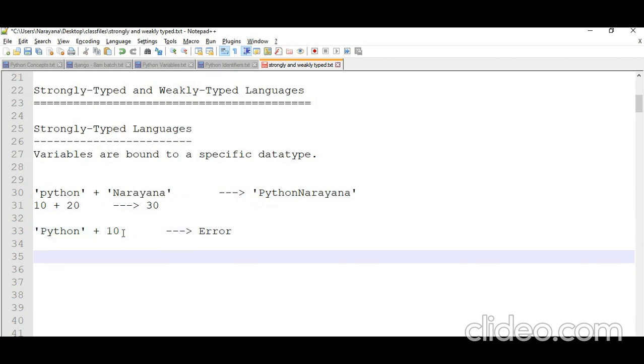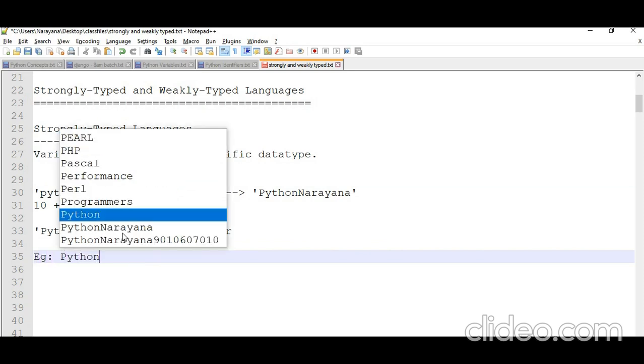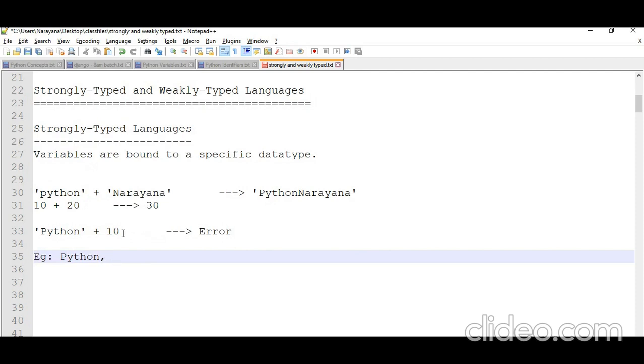Examples of these languages are Python, Java, C sharp, and Scala. These all are strongly typed languages.